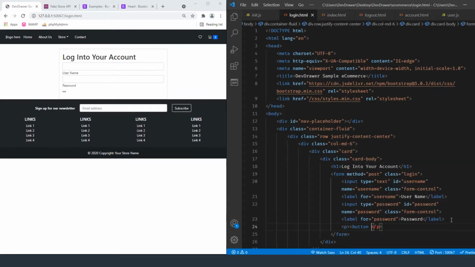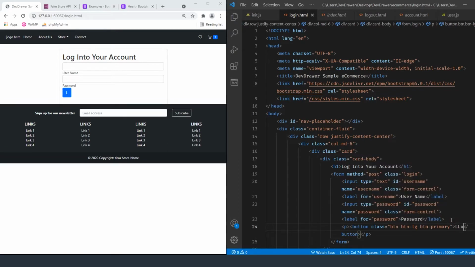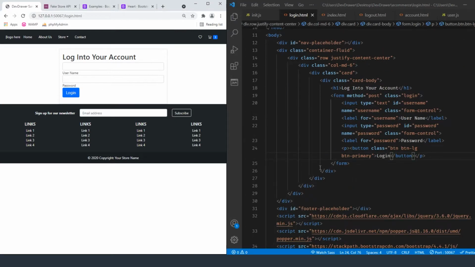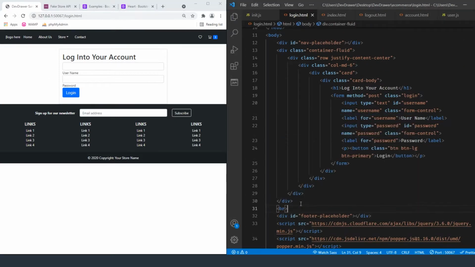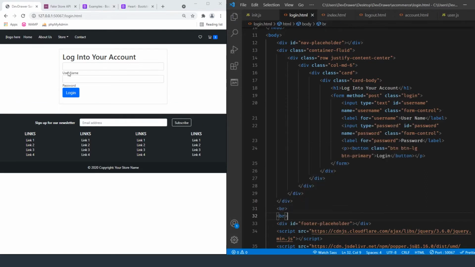We're not going to do the type because it's going to be a submit. So we're going to do button class equals btn large, and then btn, let's just do primary. And then this is going to be login. Alright, so now our form is kind of the way I want it. I'm going to go down here and just add in some break tags for now, just to get that kind of separated. Okay, so now we have the functionality that we want for our